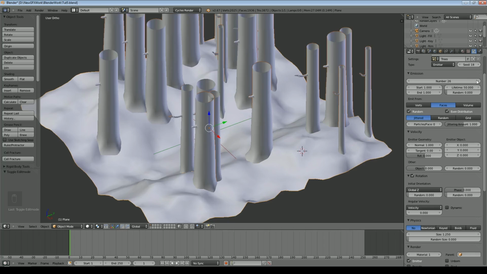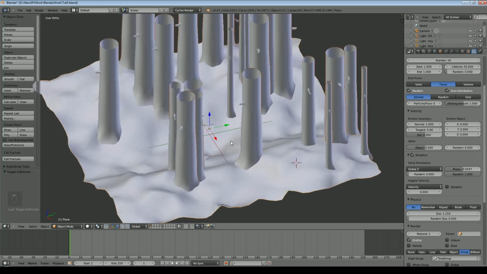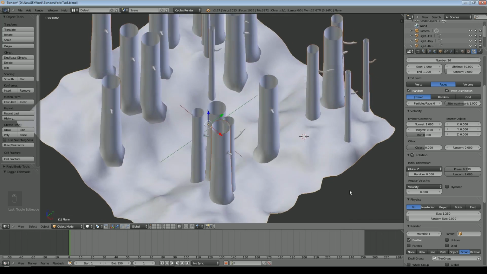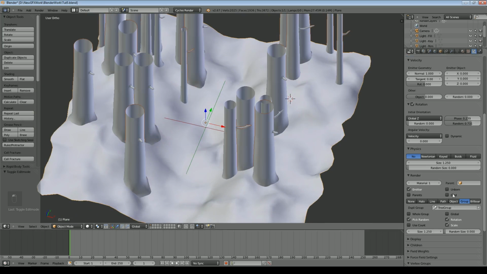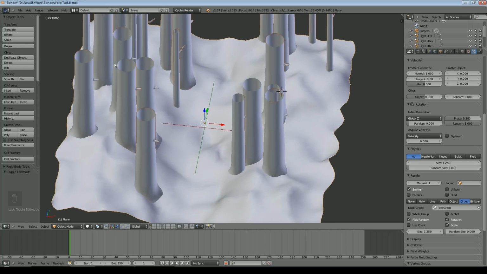So what we need to do now is add some variation in the phase, which is just here. Phase itself just rotates the trees, but add the random element and you should find they will start to rotate in a more variable way. It's not as random as I'd like, I must say. I've always found that to be the case, but it's a start.